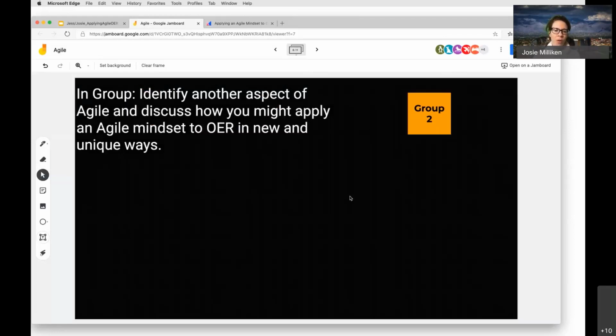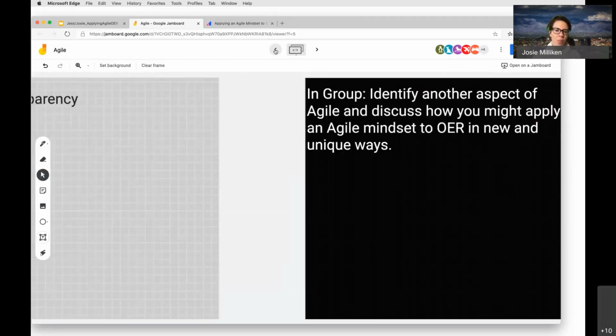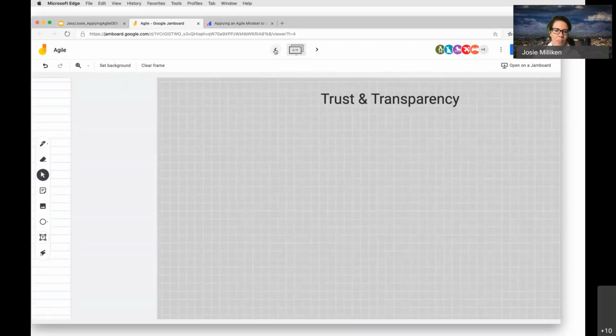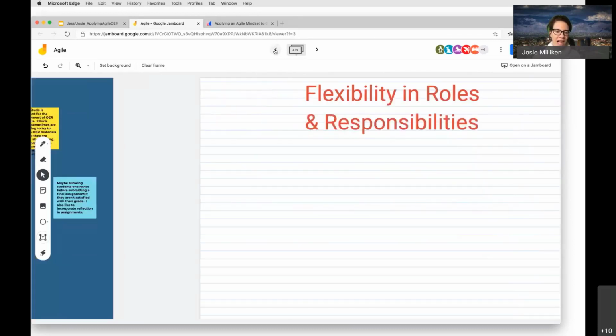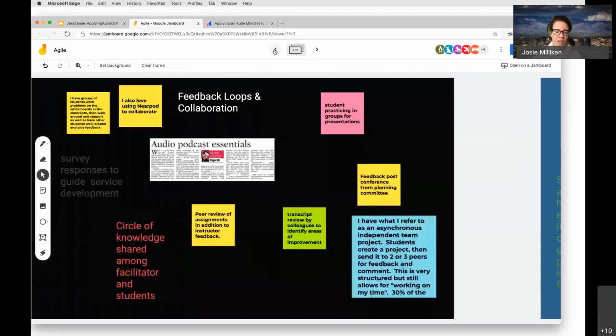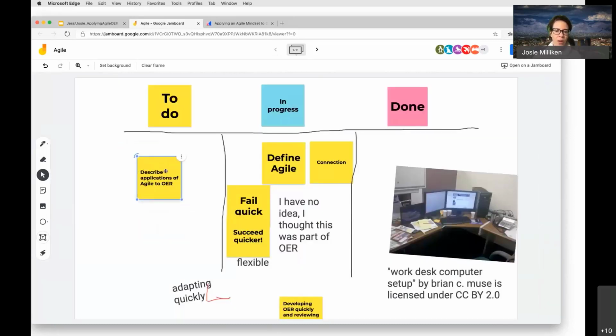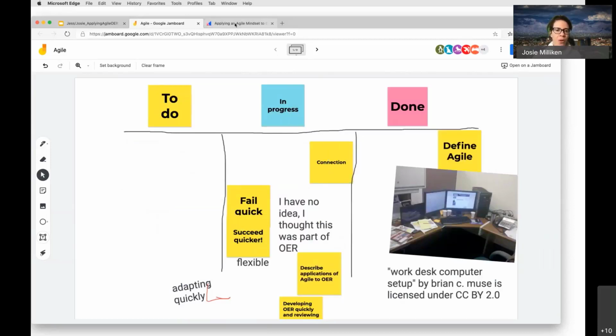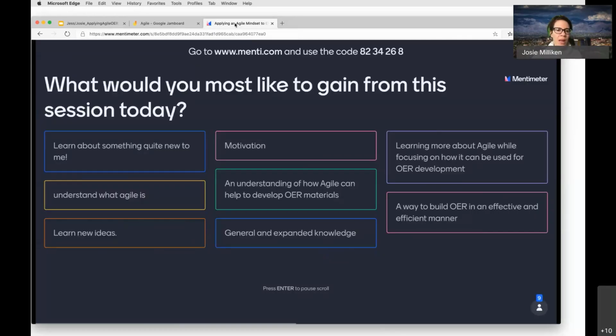And so before we do breakout, I'm just going to go back to our Kanban board and place this to-do item in our in progress column. And then we can define Agile in our done column. So we can go ahead and